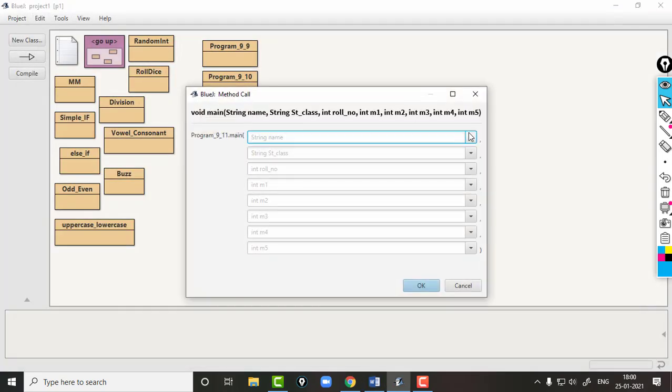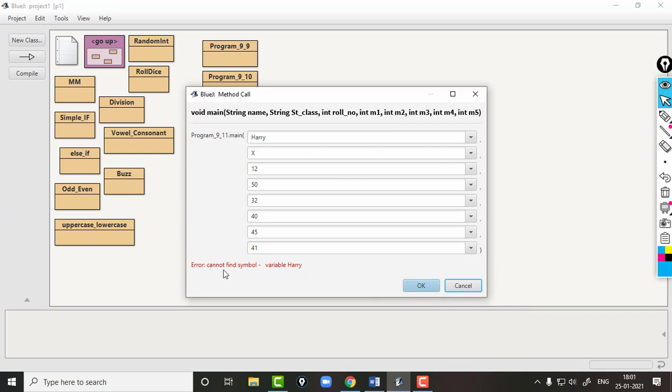We can execute once again. We can give Harry again. This time I am not giving in double quotes, so we can see what will happen. Both Harry and X should be in double quotes, then only this program will work. So we can see which kind of error it will raise. Roll number will be 12, marks will be 50, then 32, then 40, then 45, finally 41. Definitely this student will get another grade.